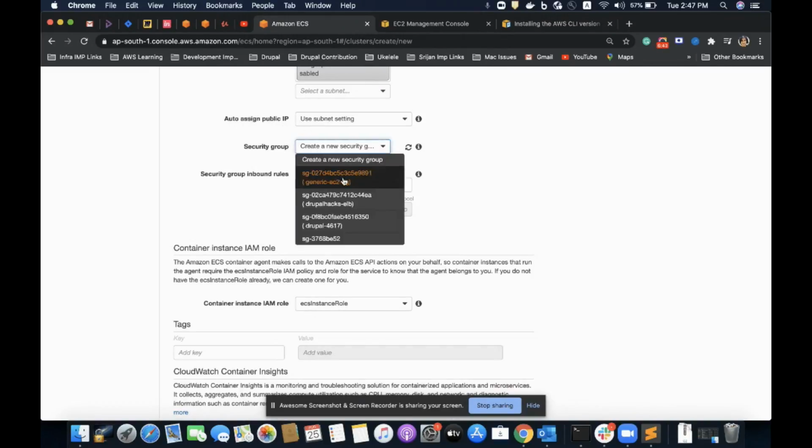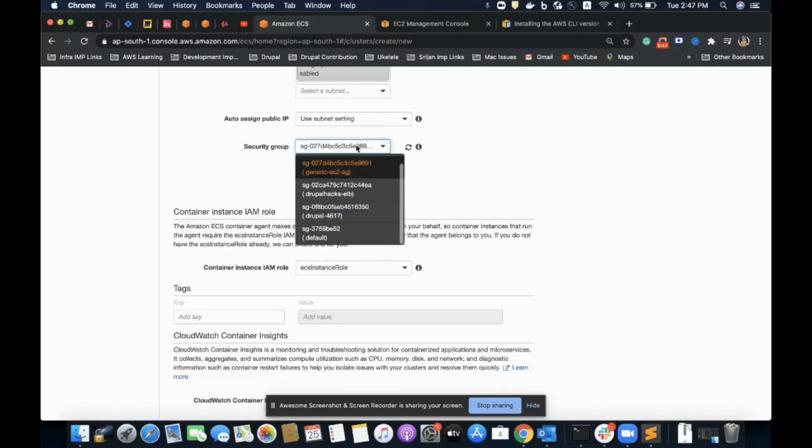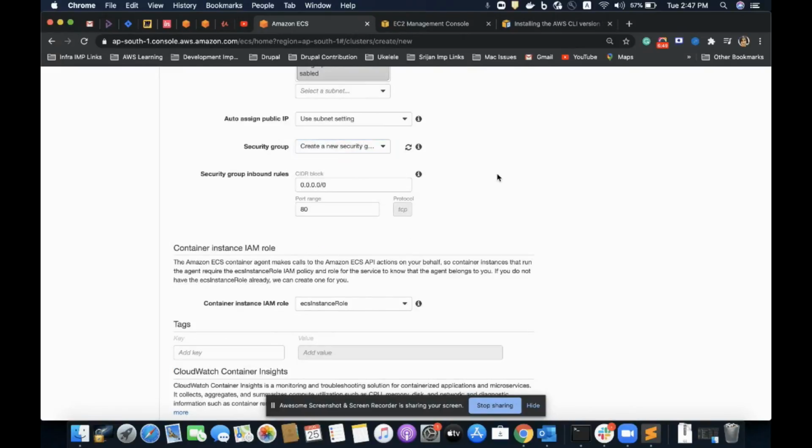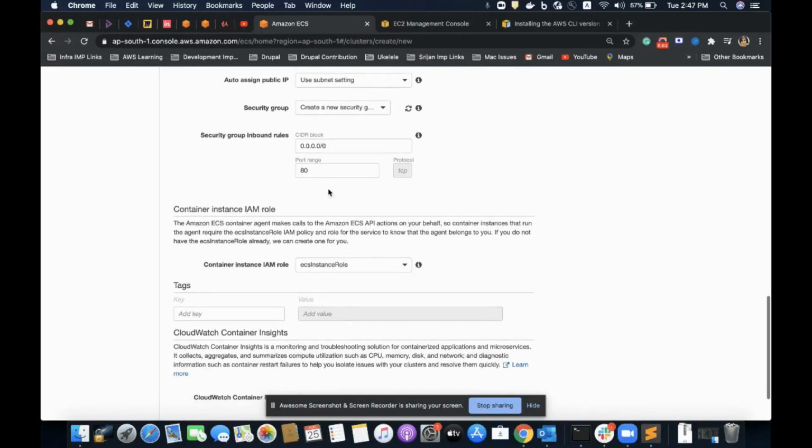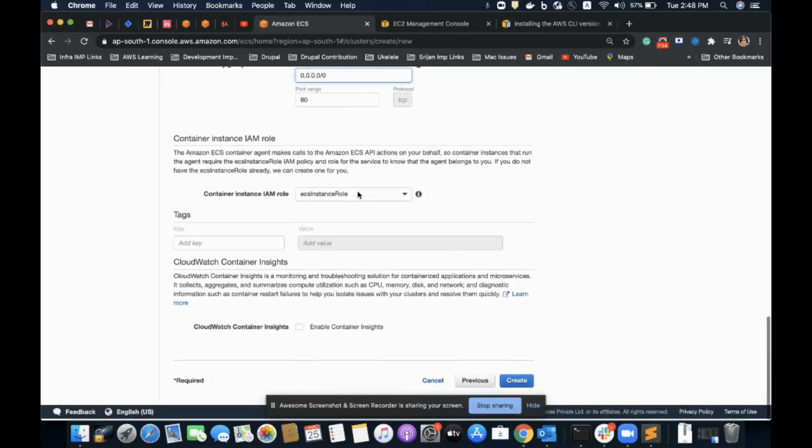For the security group, I have one generic EC2 security group defined, but I'll go with creating a new security group, keeping this inbound rule with this port open for anywhere and everyone.